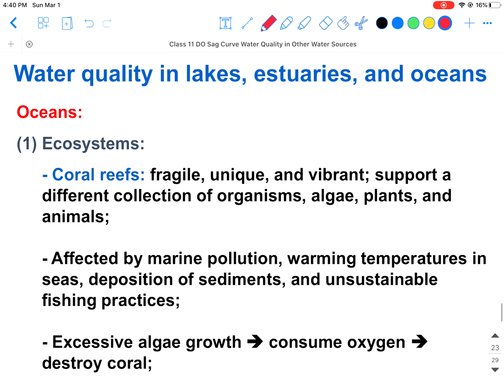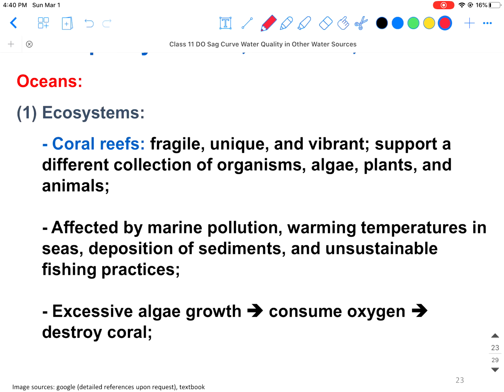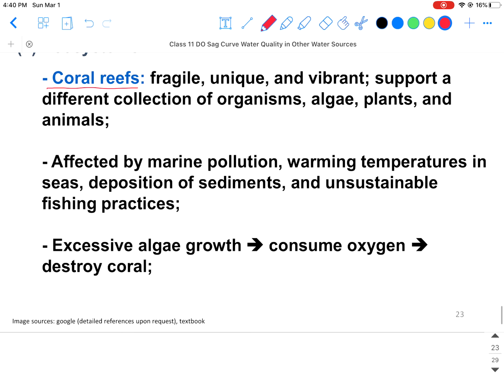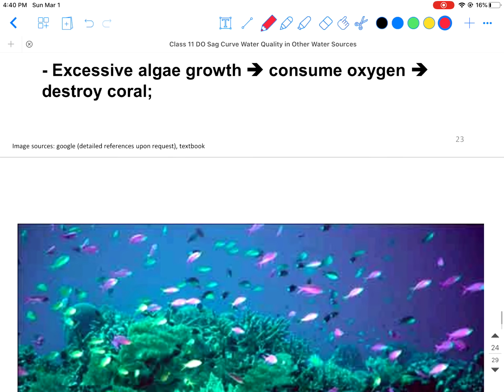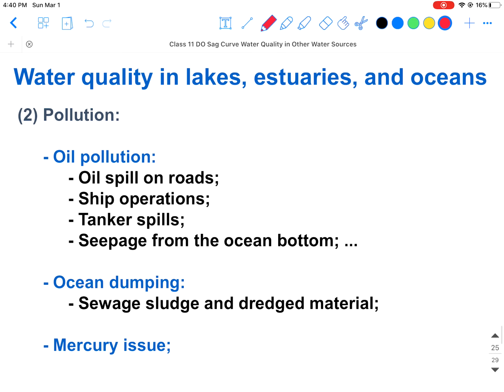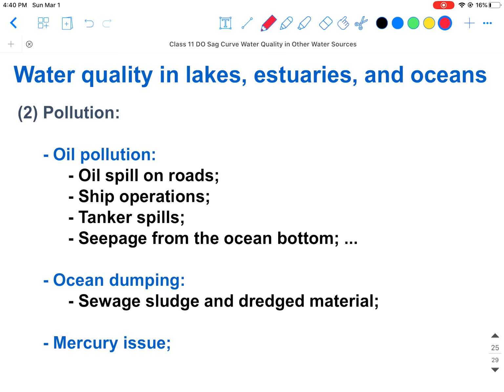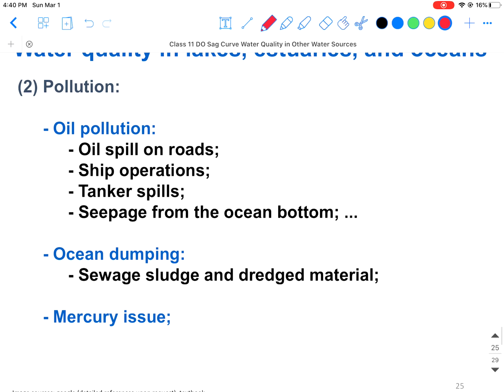Okay. In terms of the oceans, oceans have a lot of ecosystems, right? So one important participant of the ecosystem is the coral reefs, and we heard a lot of stories about how global warming is affecting the coral reefs, and also the human. More importantly, it is the marine pollution that's affecting these lives. Okay, and the pollution coming from oil pollution, ocean dumping, or the mercury issue will also affect the quality